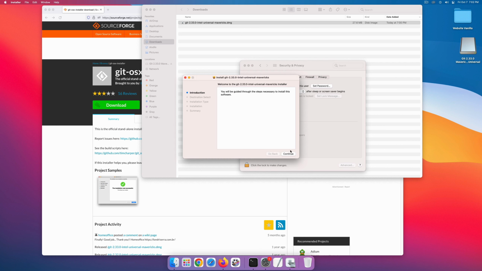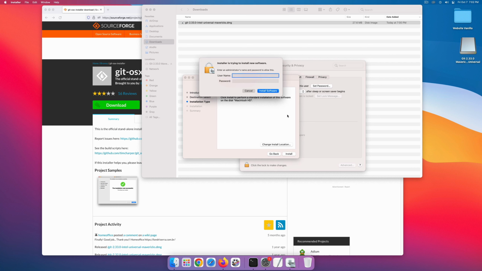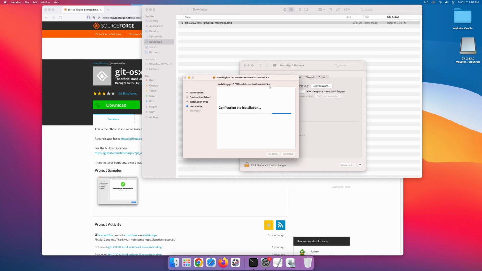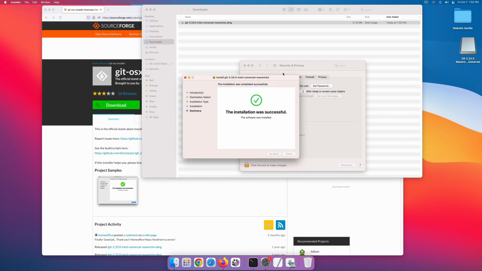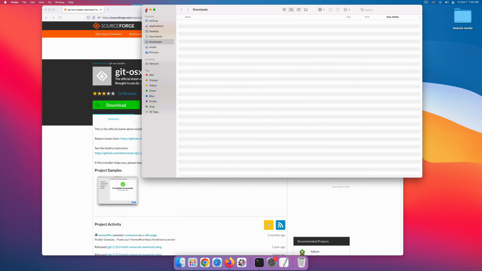Alright, so now I'm installing Git. Continue, install. Alright, they want the admin password again. Alright, installation was successful. Close. Move to trash, that's okay. You can just close all these other windows.